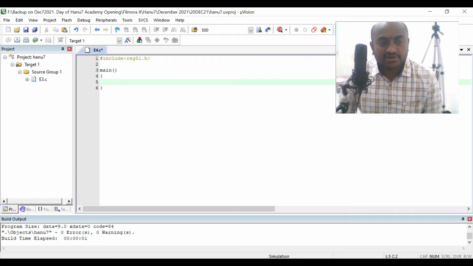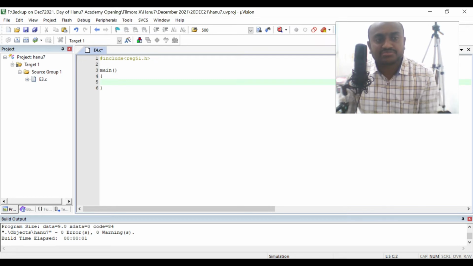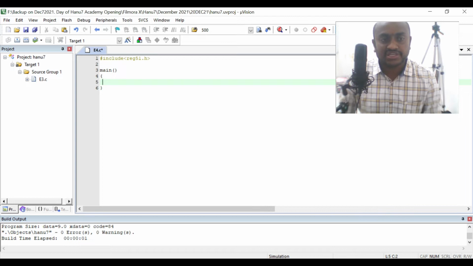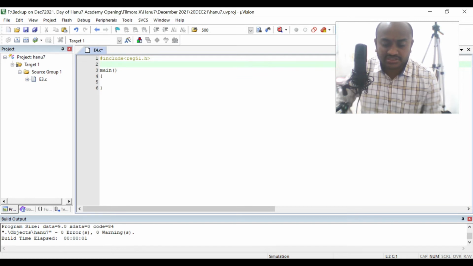So we have to give some names like first LED, second LED, third LED, like that. How do we give names out of 8 LEDs in order to blink one particular LED? That naming can be done with the help of this keyword SBIT.